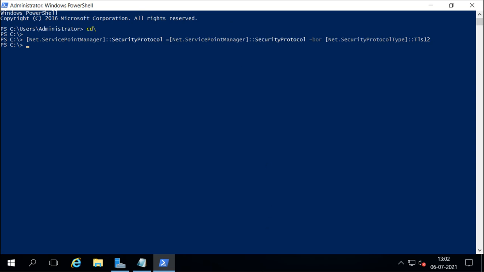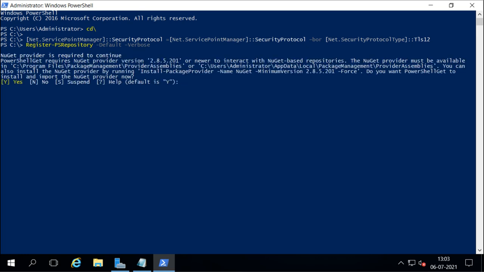So first I will use this to set some variables, and then I will try to update the gallery. So register the repository first as a default. It says yes, so I will say yes. It is saying that it is going to get the NuGet provider.